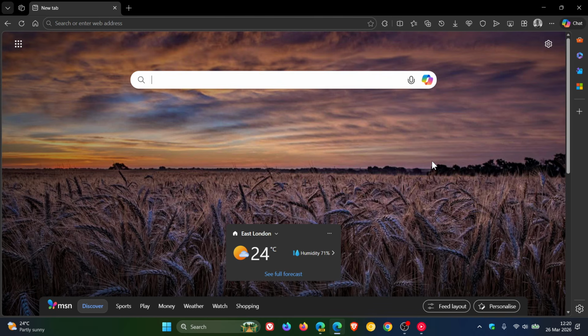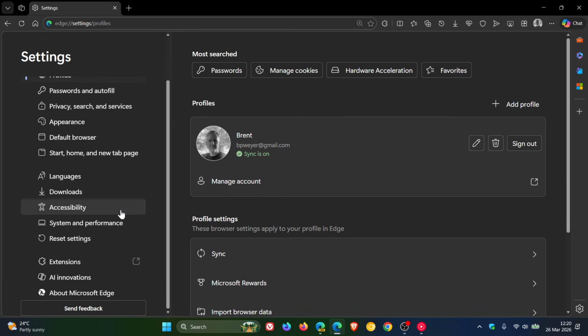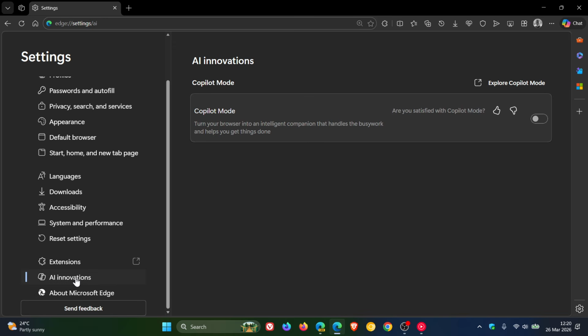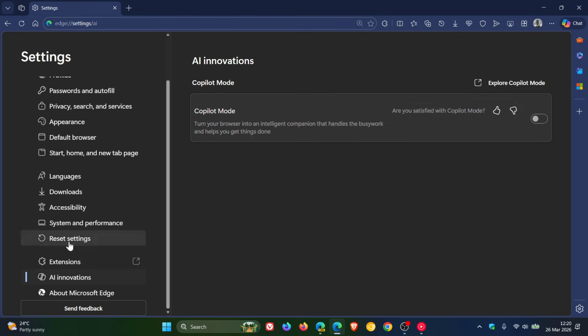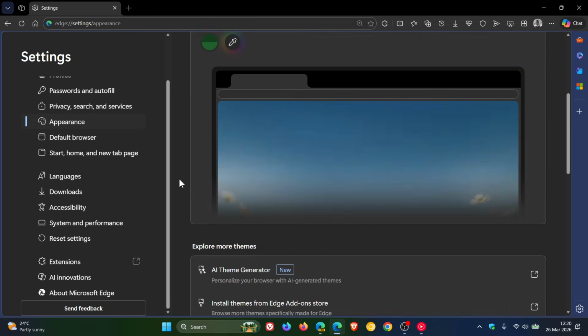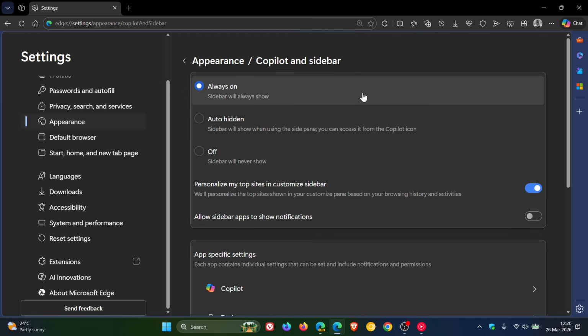So currently in the stable version of Microsoft Edge, if we head into our settings, we have AI innovations where you can toggle on and turn on Copilot mode and all its different settings like Copilot new tab page, journeys, and so on. And if we head into appearance, you've got another page for Copilot in sidebar with those settings applicable for Copilot and